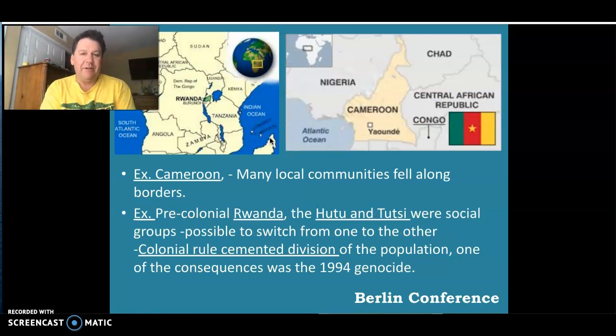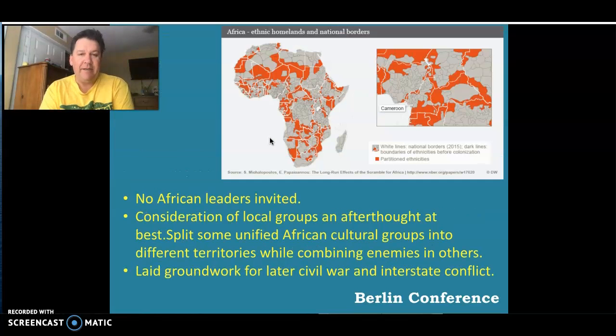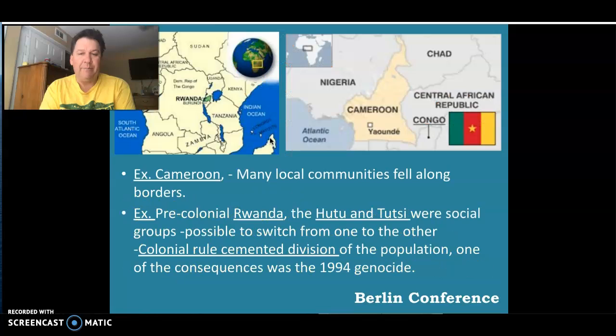And I'll let you kind of read through this. This goes back to Cameroon. You can see how it was divided here, and you're separating people. The issues that we saw in Rwanda with the Hutu and Tutsis, it's just the genocide, the horrible things that we see. All this pent up anger because of what happened 100 years ago.